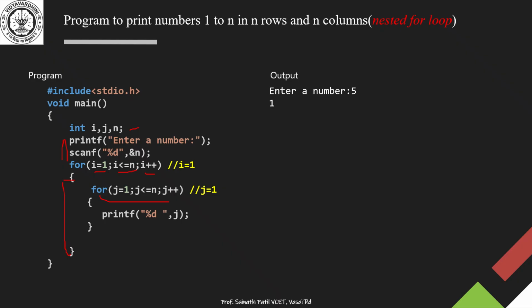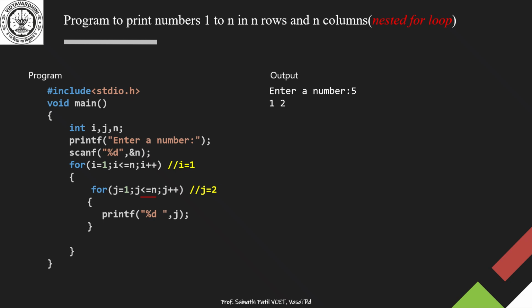Now j plus plus, j becomes 2. j is 2, so it will check the condition again. Is the value of j less than or equal to n, that is 5? Yes, it is. So it will print %d j. That means the value of j will be printed on the same line. So it will print 2,